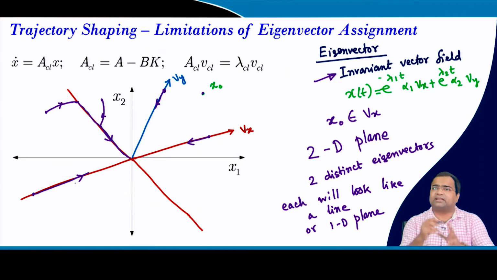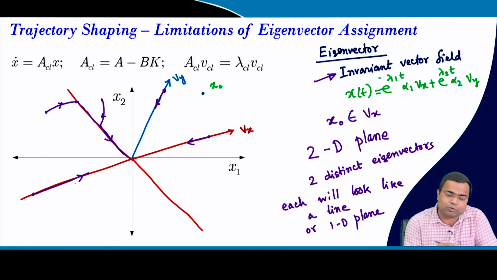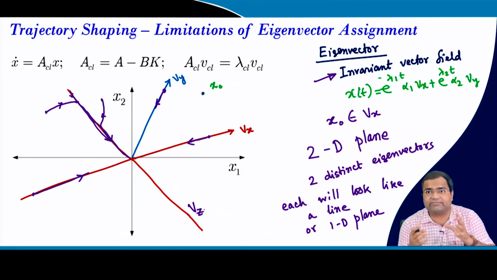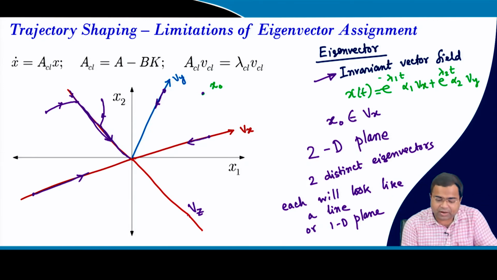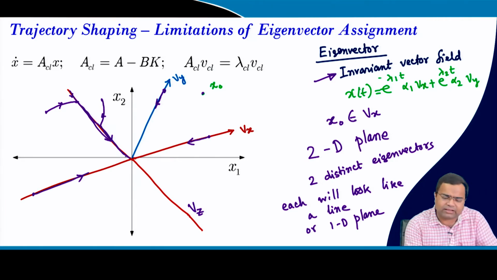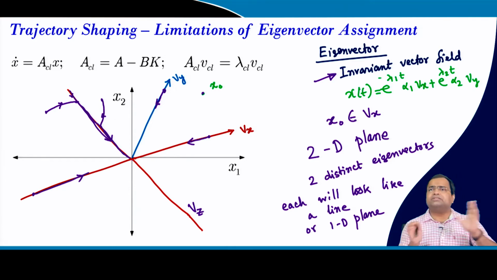Similarly, for the other eigenvector, it will be another one dimension, but we want to get, for any arbitrary initial condition, is it possible that by some means we force this, and this will look like another z, a synthesized eigenvector, which can be maybe a linear combination of eigenvectors, or our own design, where in the entire two dimensional plane the trajectory is always forced to come towards the line and remain on the line. Whether it will come towards the origin or go away from the origin, we will discuss later.